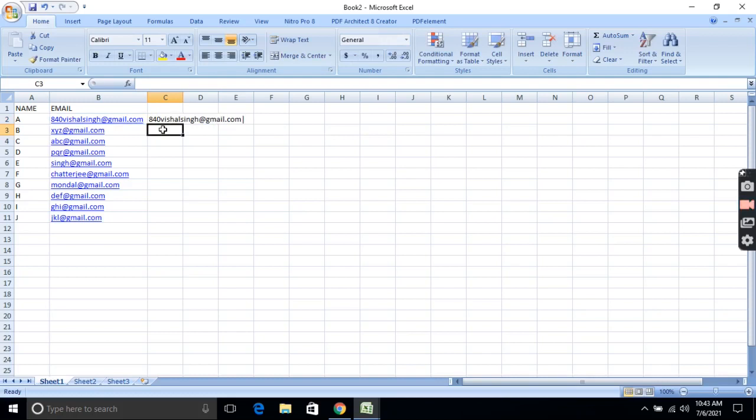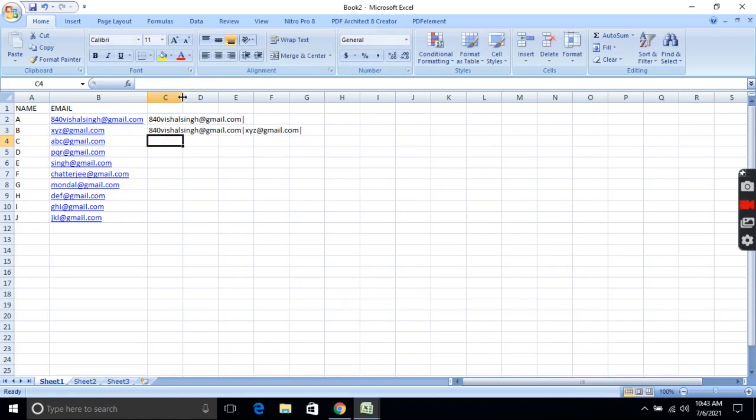In this box now we will type equals to, again CONCATENATE. After that we start the small bracket, then click on C2, then comma, then click on B3, then again comma, after that double inverted comma, vertical line, double inverted comma, and close the bracket, then press enter.